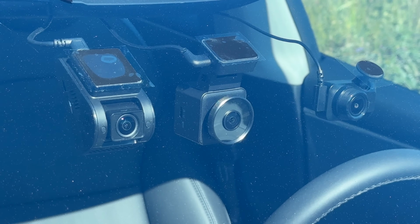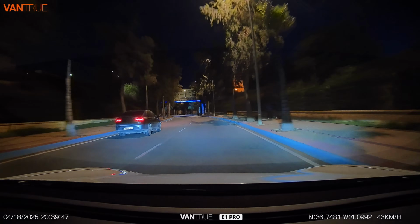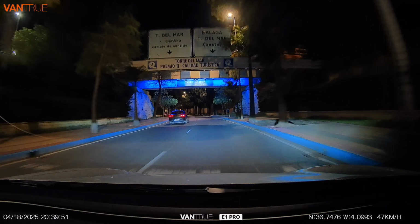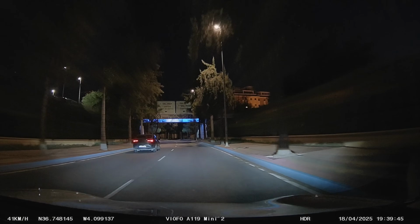Now, you can also turn on or off those GPS coordinates and the speed from those recordings, because in some situations maybe you don't want to show the speed that you're doing in those recordings. So that is entirely up to you, but that can be turned on or off from the camera's menu or